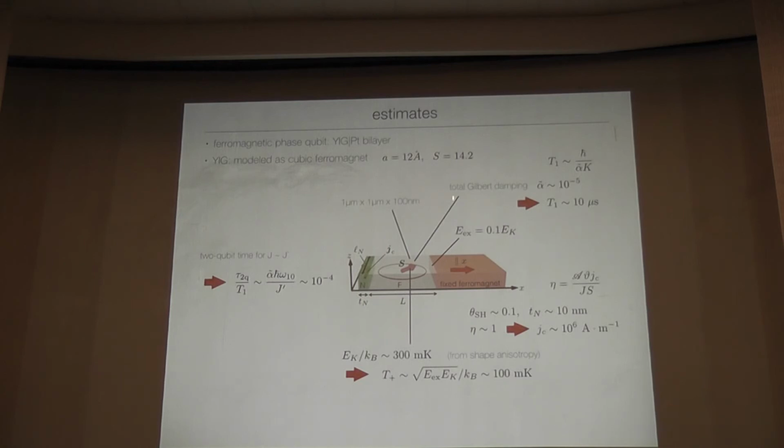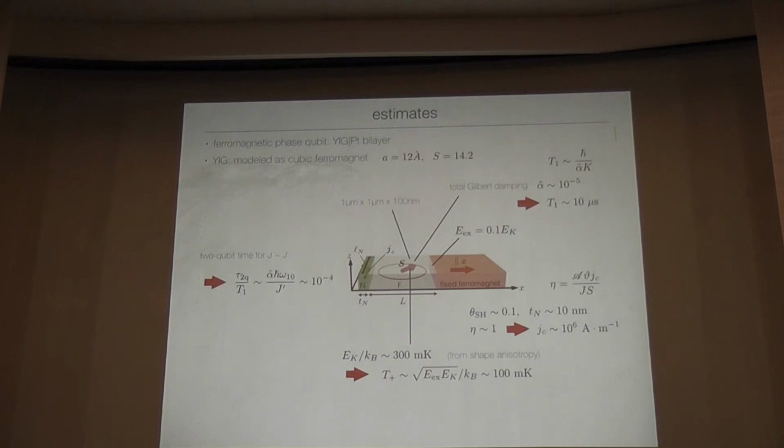I'm going to consider a slab of 1 micron by 1 micron by 100 nanometers. And I'm going to assume that the easy plane anisotropy comes fully from this shape anisotropy. Then the anisotropy scale is of order 300